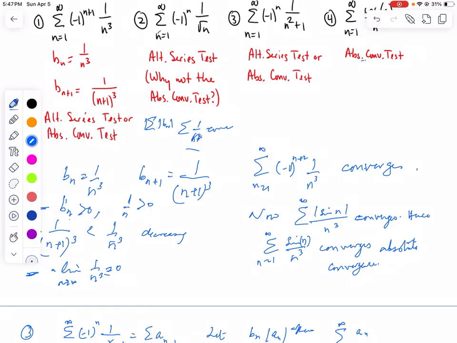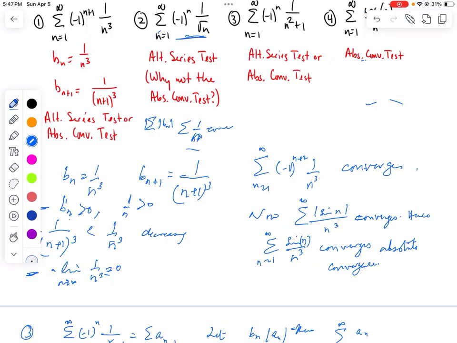Now, for absolute convergence, we have to again check just the summation of 1 over n cubed, which we know is convergent. Therefore, the series is absolutely convergent. Looking at the next one, which is negative 1 raised to n, 1 over square root